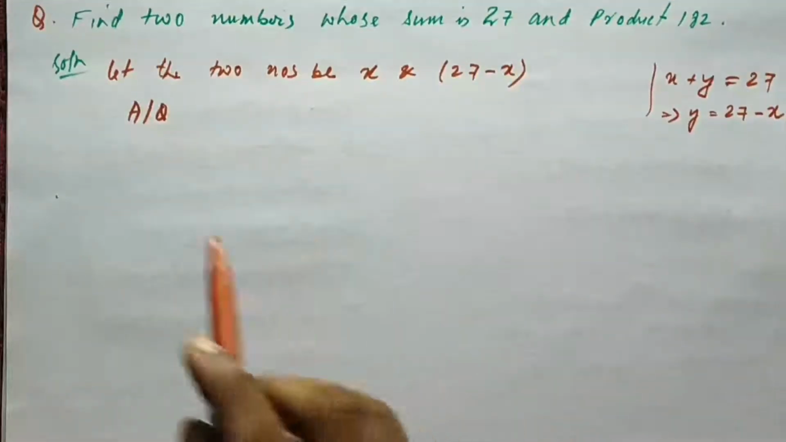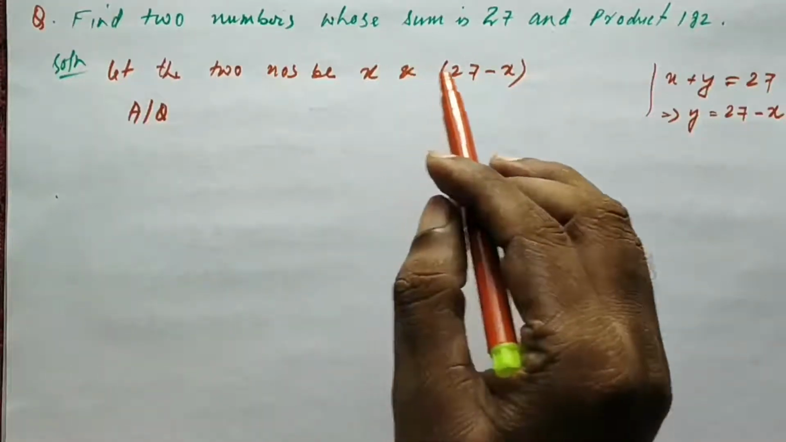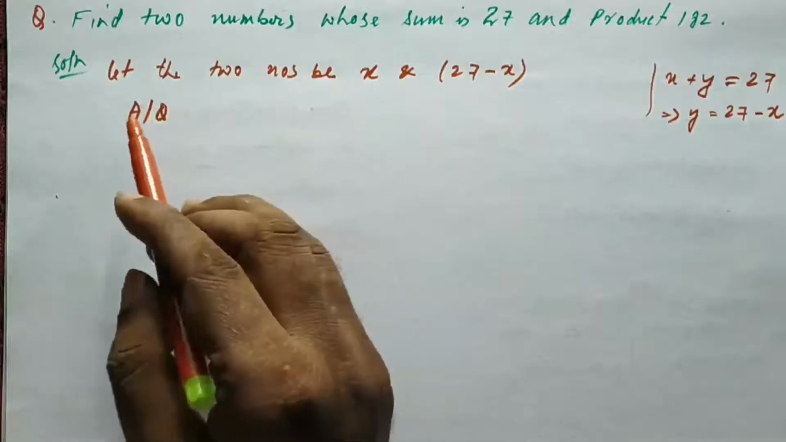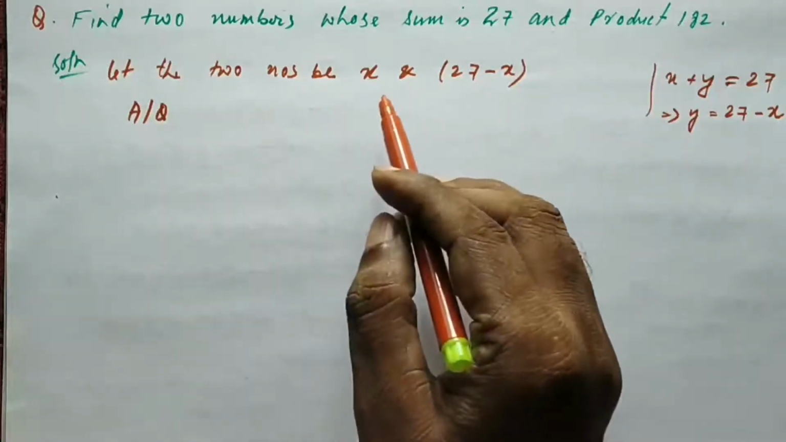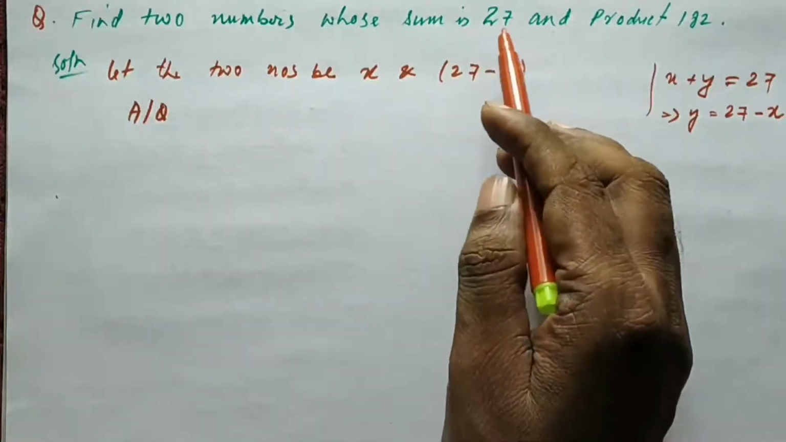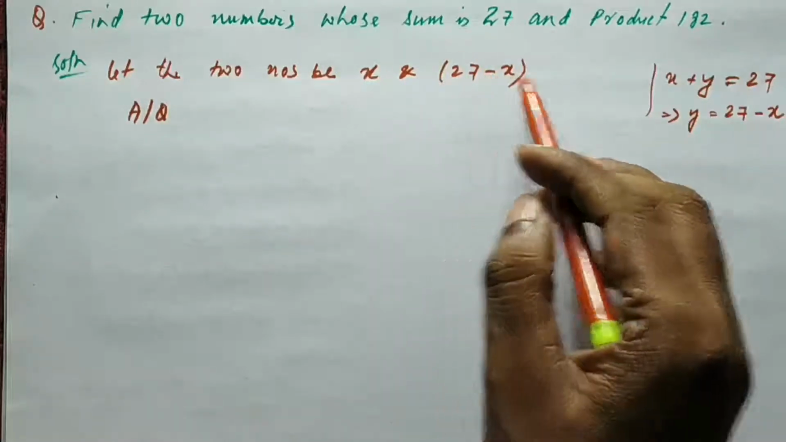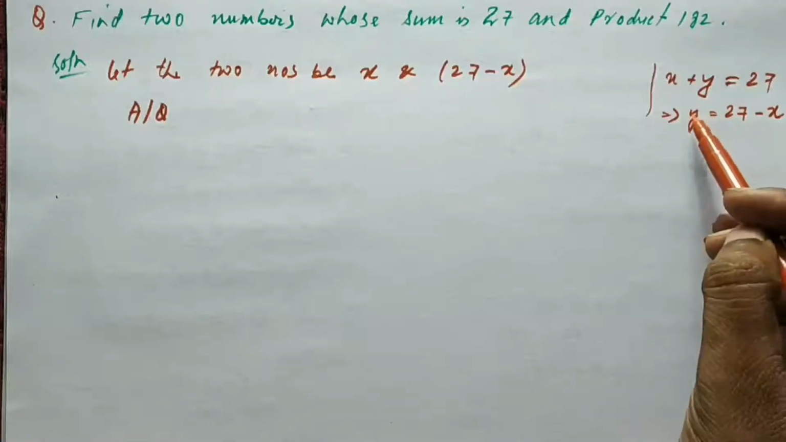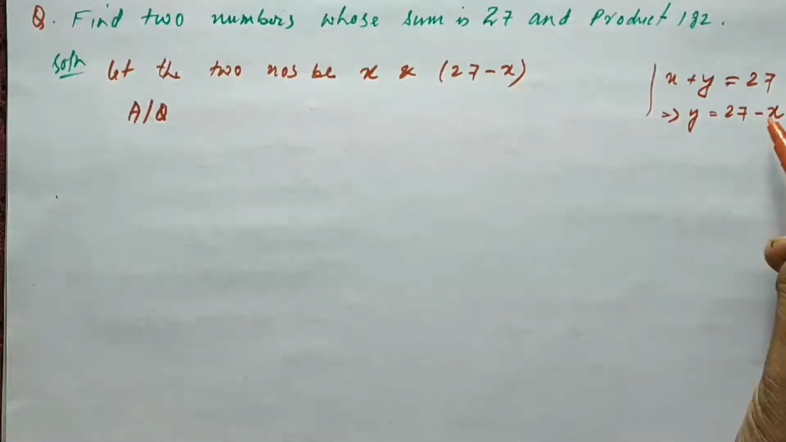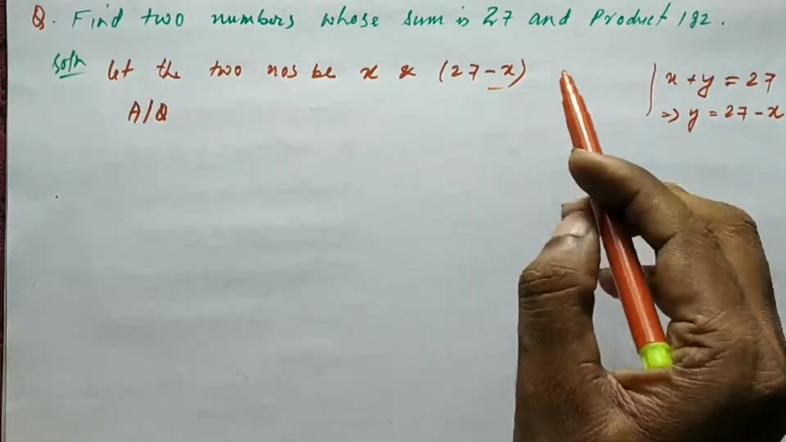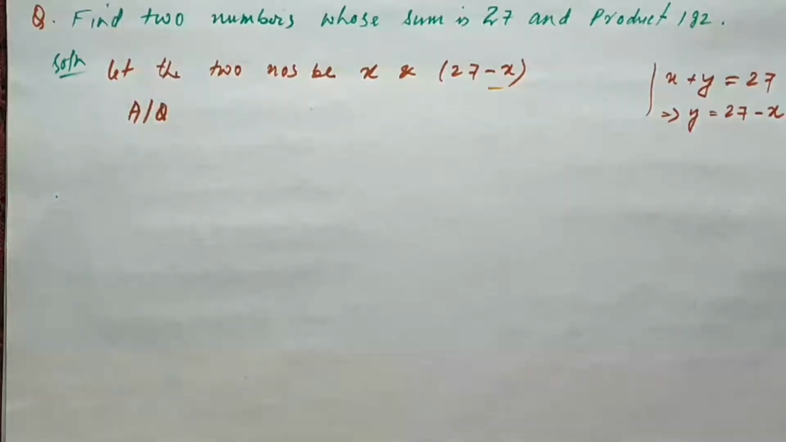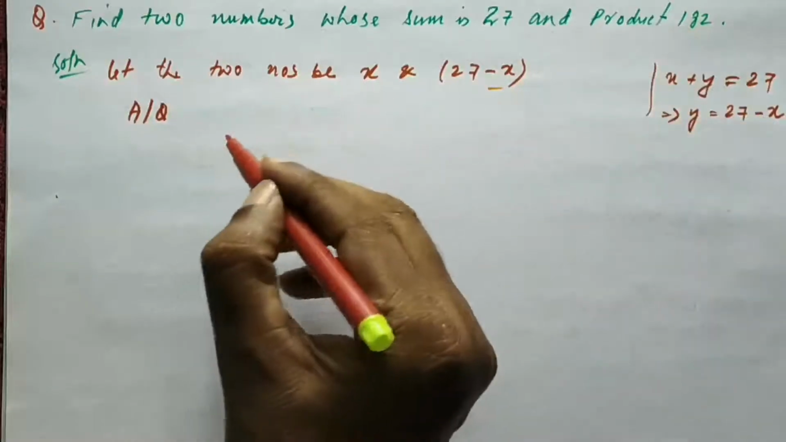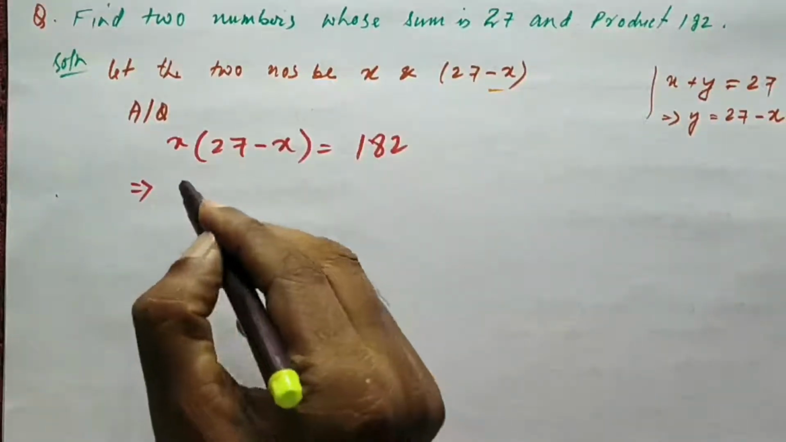Here we have a question. Find the numbers whose sum is 27 and product is 182. So we take, let the two numbers be x and y. x plus y equal to 27. We find out y equal to 27 minus x. We write it here. Now according to the question, we have product is 182. So we shall multiply it,